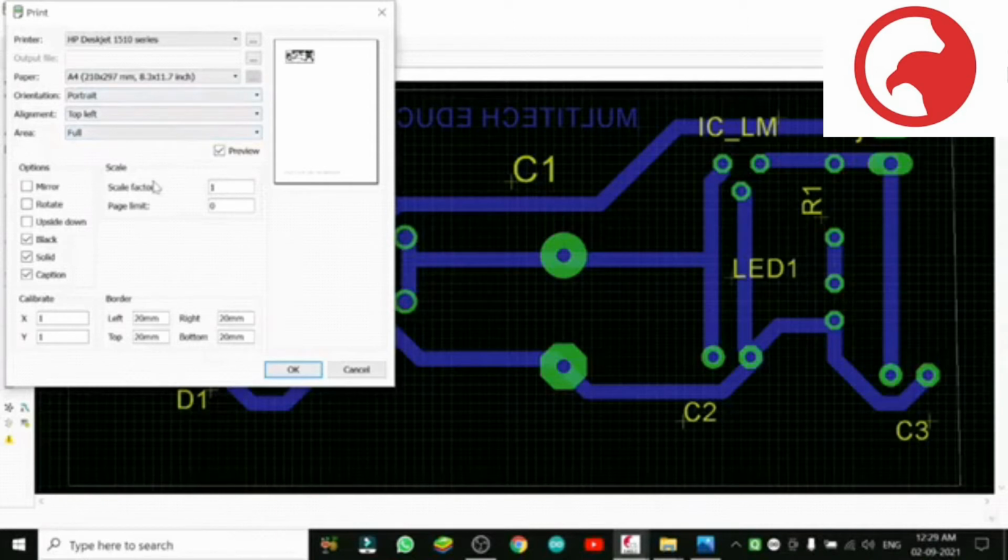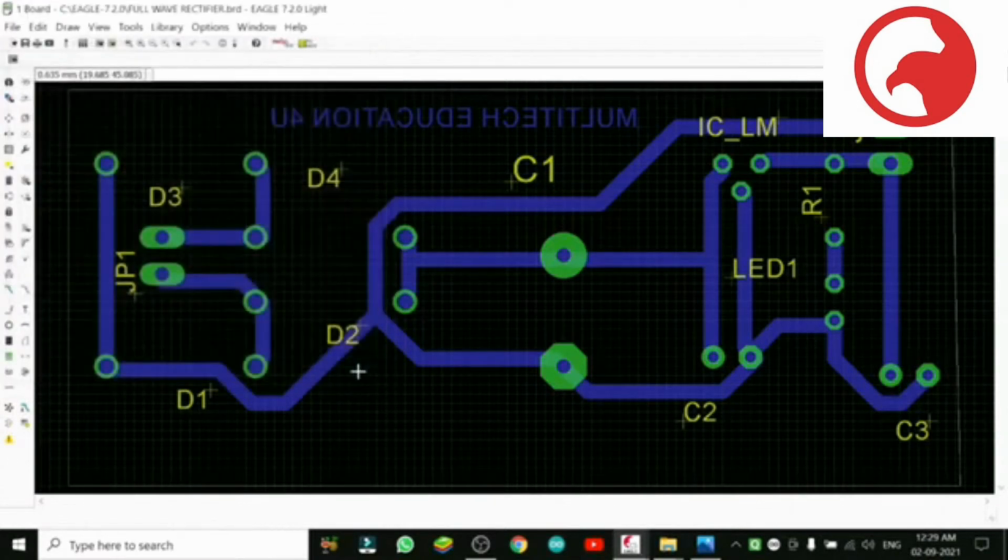Now to make the printout is also good. So export it or print it directly from here. The exact size will come, whatever size we are designing of the PCB. So I think for the time being no need to print it out. You just click OK and the print will be there, so that we can do afterwards. We will go to our main subject.